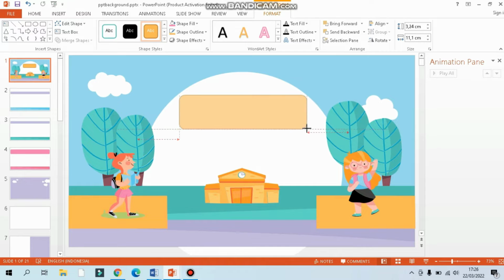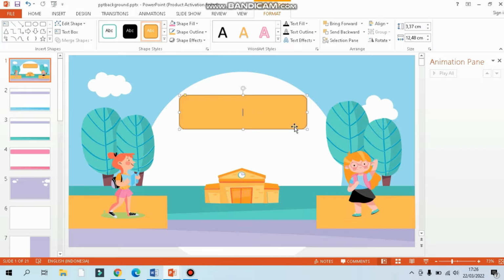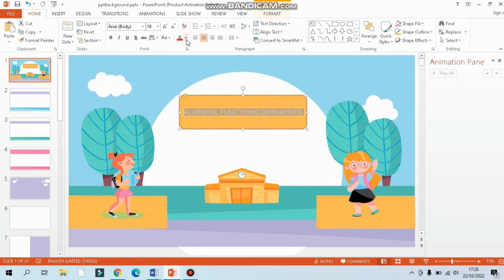Its function is to give a beautiful background. Next, right-click and click edit text, and we can type our title. Now I want to type my title, algebra function derivatives, and we can change the color.